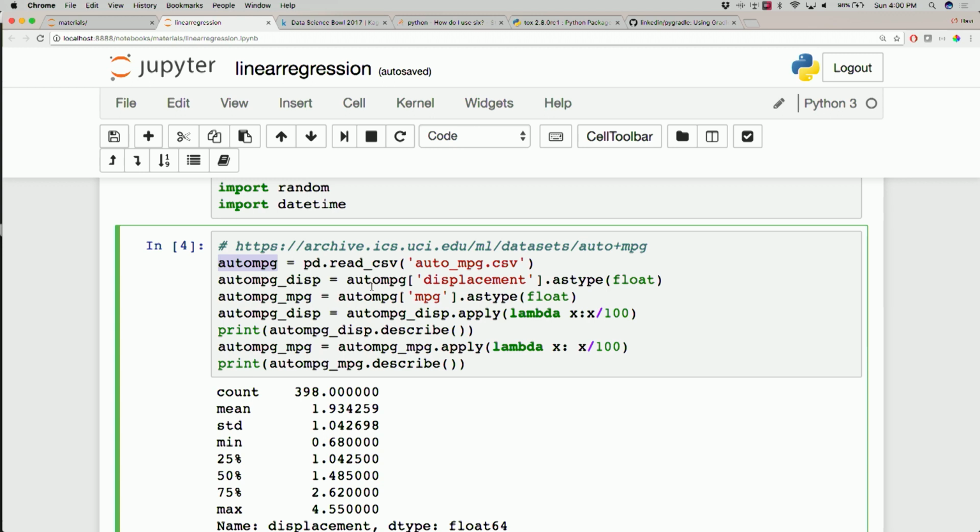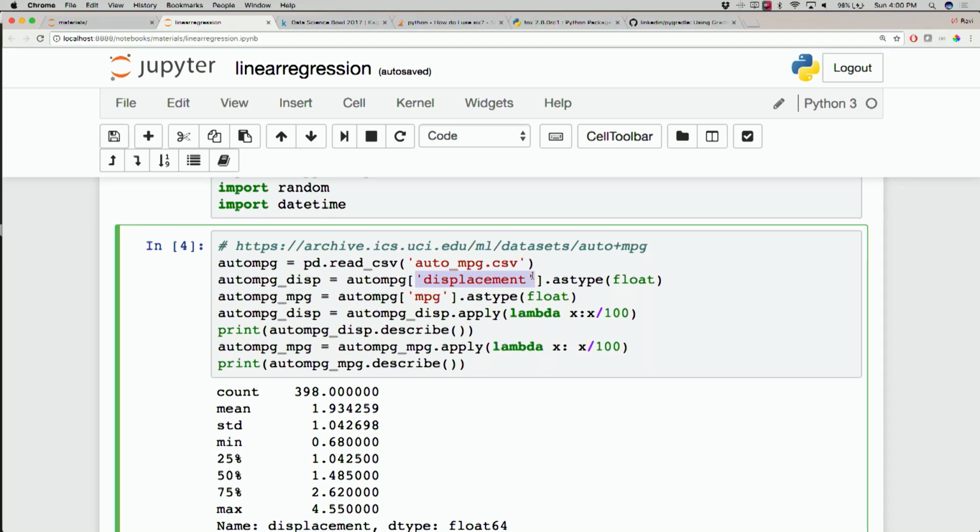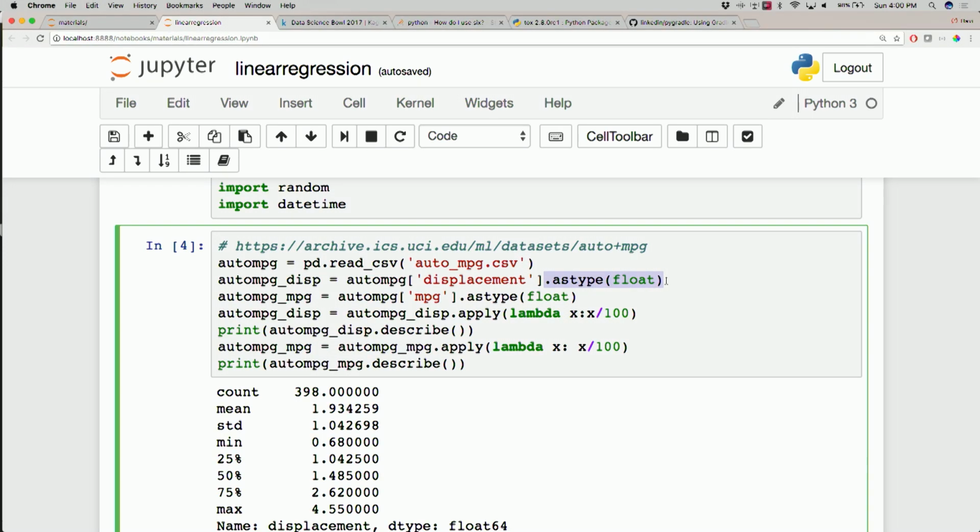And I'm only interested in two columns. To get the information about one of those columns, you can do it just like a Python dictionary. AutoMPG is the name of the data frame, and the particular column is displacement. Okay, so you get data from only one column, and that data is actually an integer. But I want to convert it to float because I'm going to do some linear regression. I don't want to lose precision, so I'm just going to convert it into float. And this astype float is a Pandas